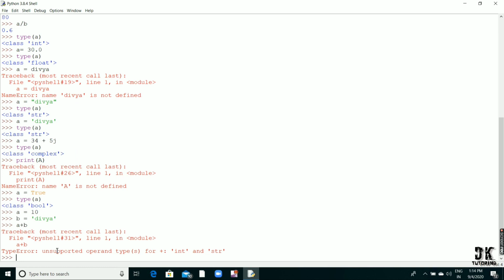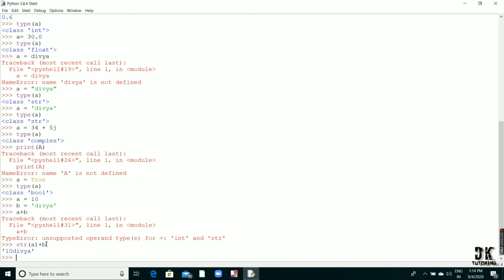We can write str of a, which means we are converting a to string, plus b. Now you can see I am getting the output 10Divya.